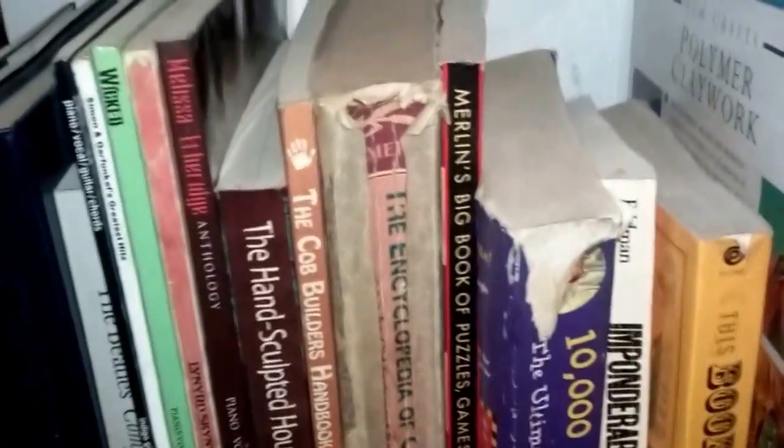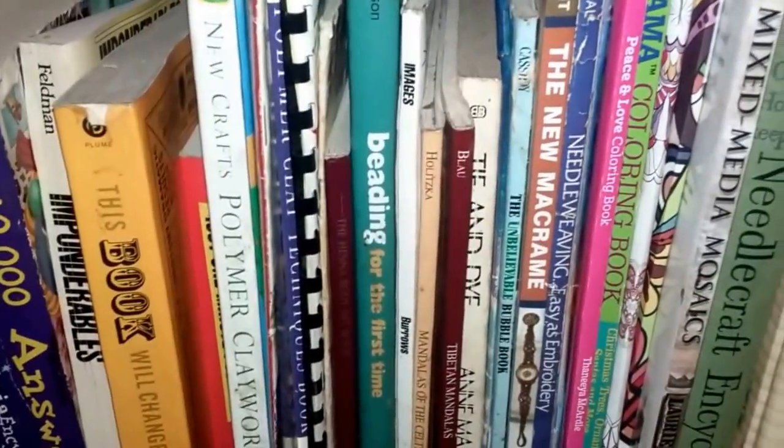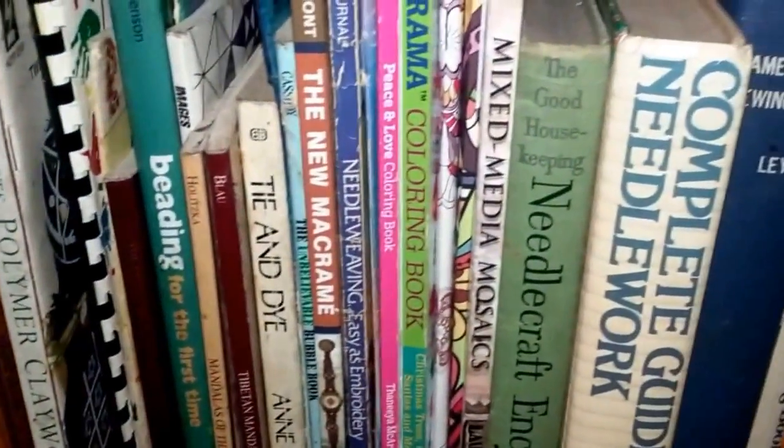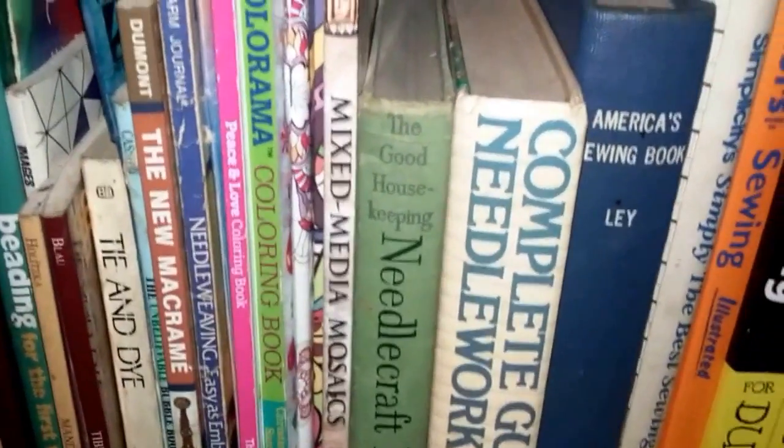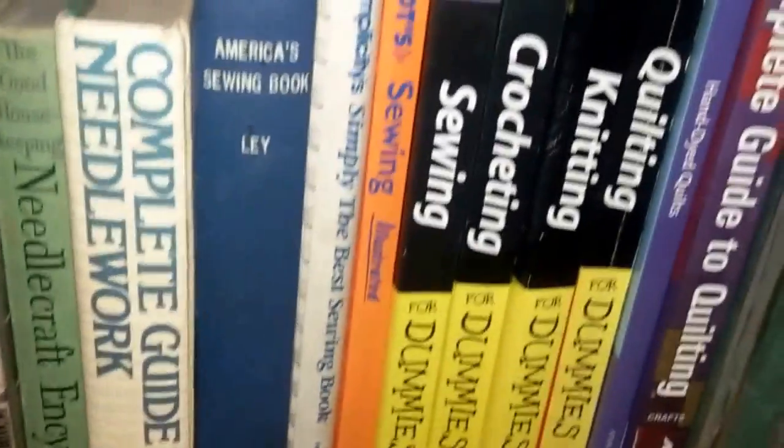I'm just showing you all this now because, you guys, I'm not going to film me going through each book individually, because it will take me forever and I'll have a story for each one. So I'm just giving you the tour now, and then I'll give you the tour of what I kept when we're all done. So these are craft books, polymer clay and beading, tie-dye, macrame, needlework, some coloring books, needlecraft encyclopedia,